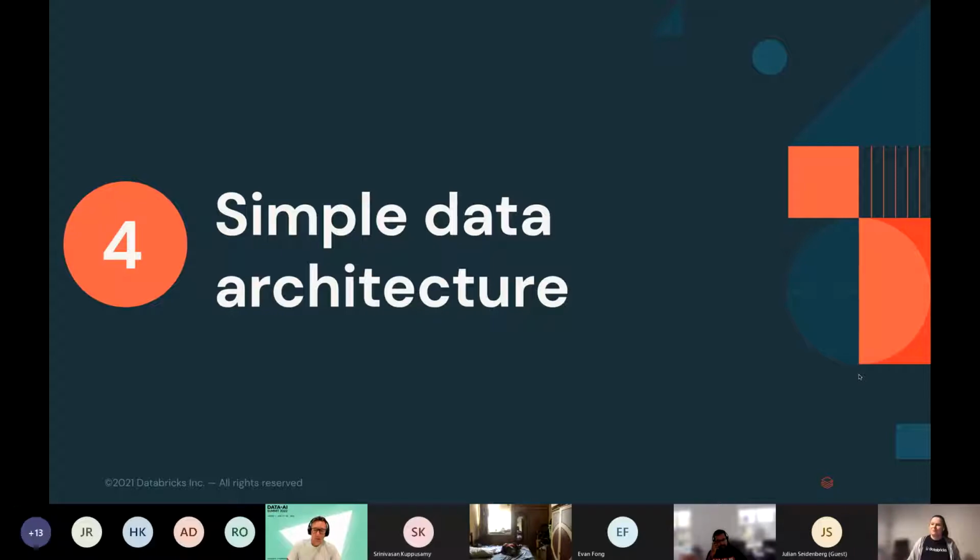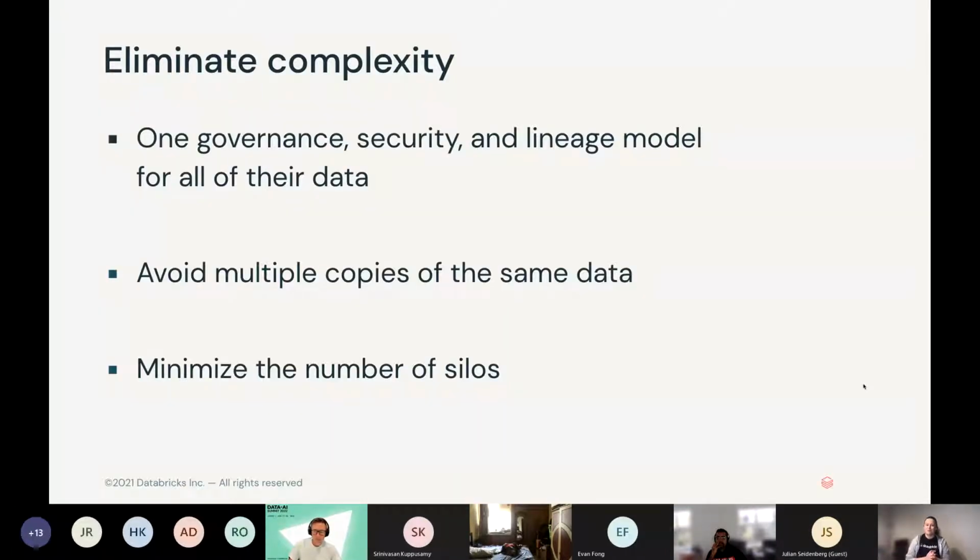And then the fourth, probably one of the more important points of what all those companies have in common, is a simple data architecture. They all worked very hard to eliminate complexity, because complexity always comes with more cost and more headache. You need more resources, and keeping it all in sync is not an easy task.